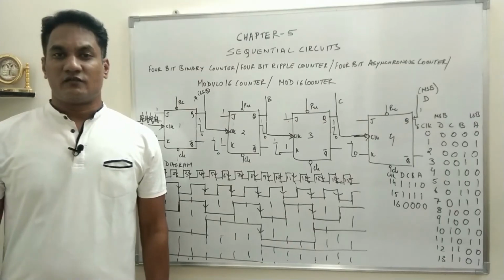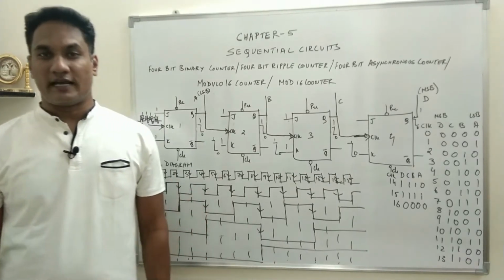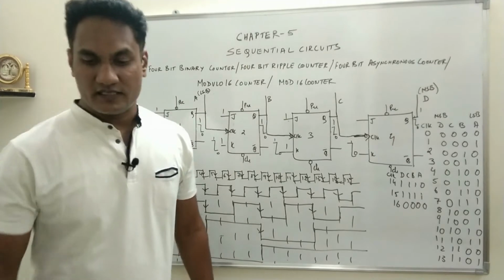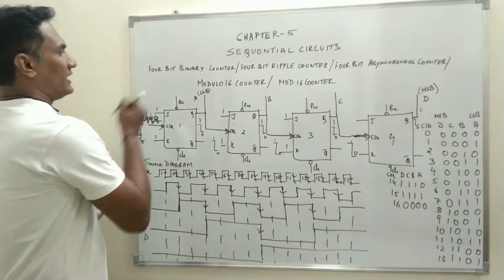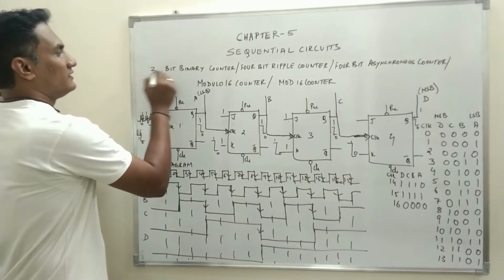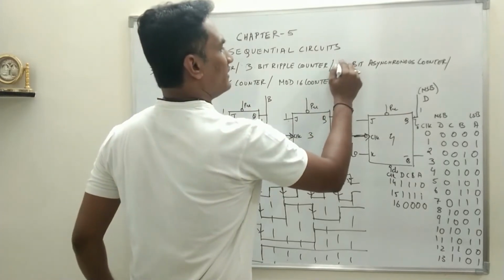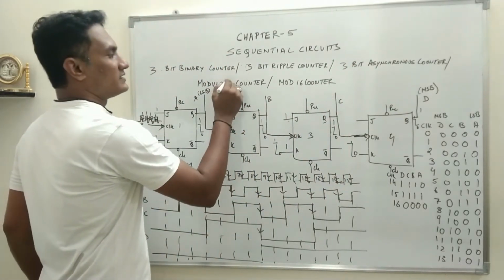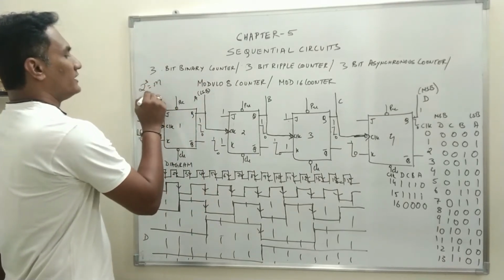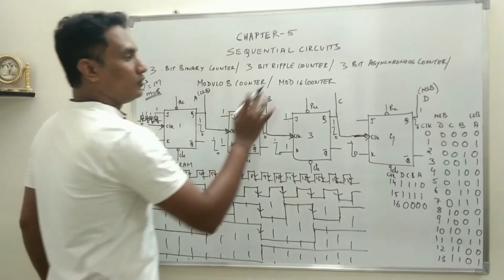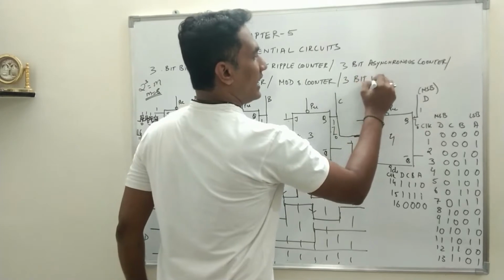The next circuit which we'll try to understand is a modulo 8 counter, or the same circuit can be called a 3-bit up counter. All these names refer to the same thing. If I write 4-bit or 3-bit, the name will remain the same. Instead of writing 4, how many discrete states? If it is 3, that means 2 raised to power 3 is equal to m, so m will be equal to 8. So it will be a modulo 8 counter. So this is also called a 3-bit up counter.